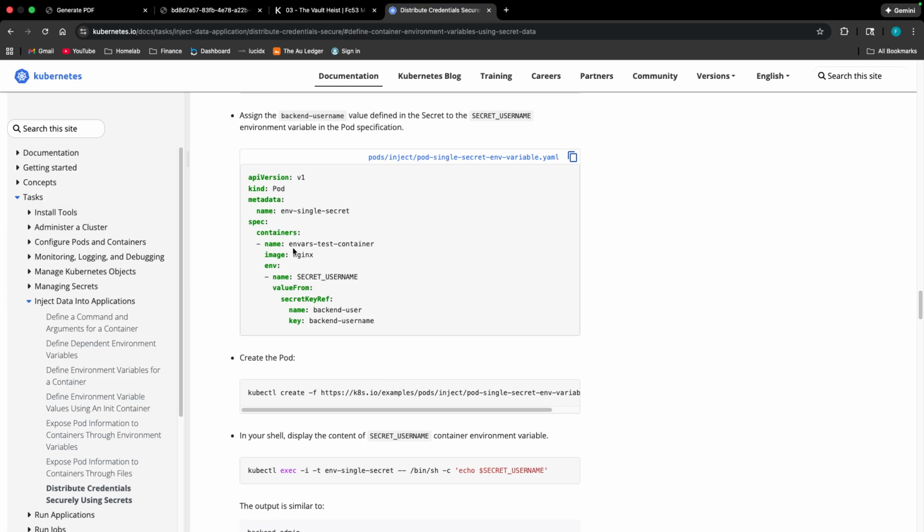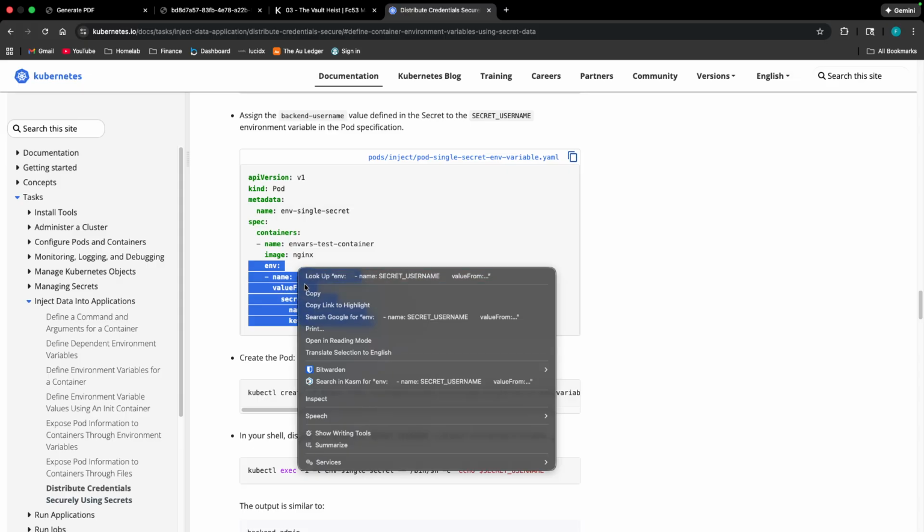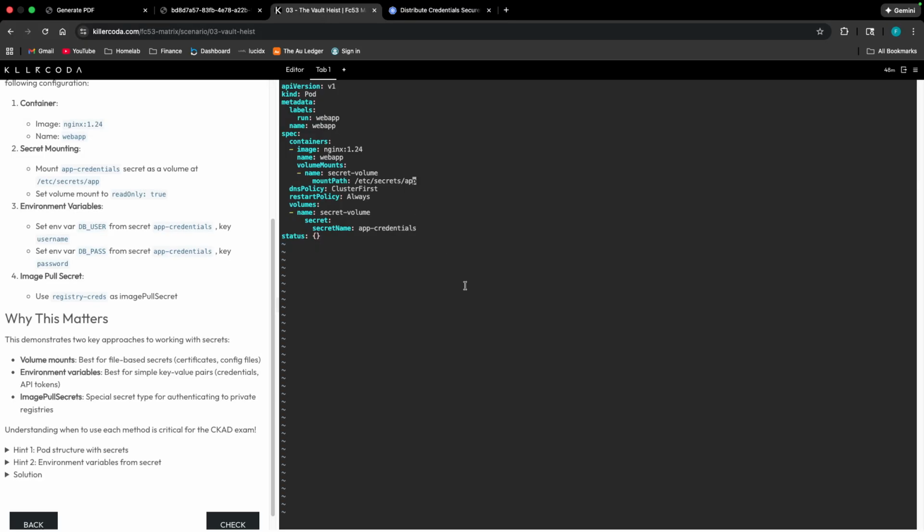So what we're going to have to do is go ahead and, under the env specifications, so under spec.containers.env, again, it's an array. So we're going to specify our environment variable name, where the value is coming from. It's going to be a secret keyref. For a config map, it would be a config map keyref. But for what we're doing now, we're going to use a secret keyref. And then you would specify the name of the secret and the key that we want to pull. So we can copy this and paste it under our containers